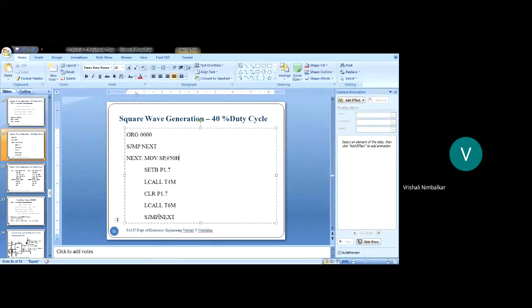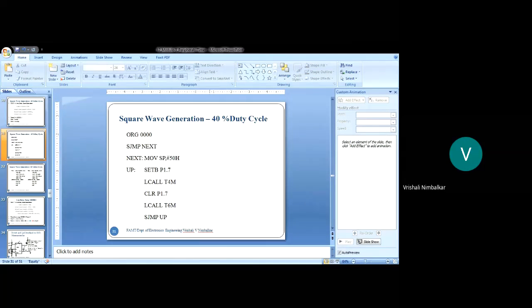And now to keep it in a loop, I just need to set that port pin and clear that port pin. I need not initialize the stack again and again. So I take another label, SJMP up, and at that up label, set the port bit, call the 4 millisecond delay, clear the port bit, call the 6 millisecond delay.